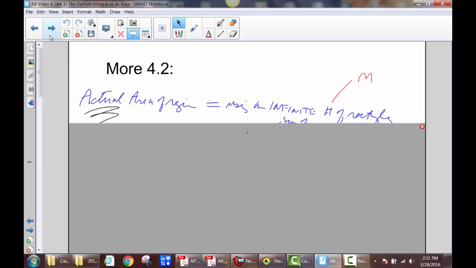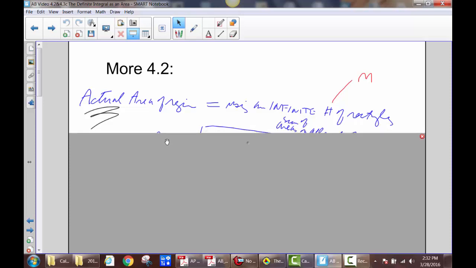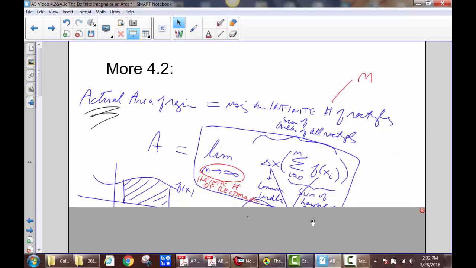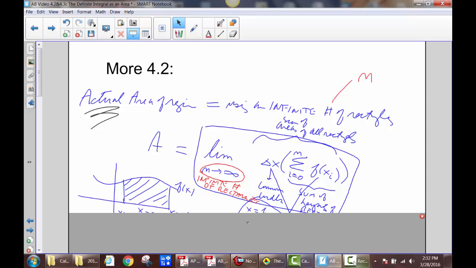Okay, so now we're going to actually talk about the actual area, not the approximate area using so many rectangles, which is Riemann sums. This time we're going to use an infinite number of rectangles. So what's going to happen is we're going to let those rectangles get skinnier and skinnier. And I wanted to show you that